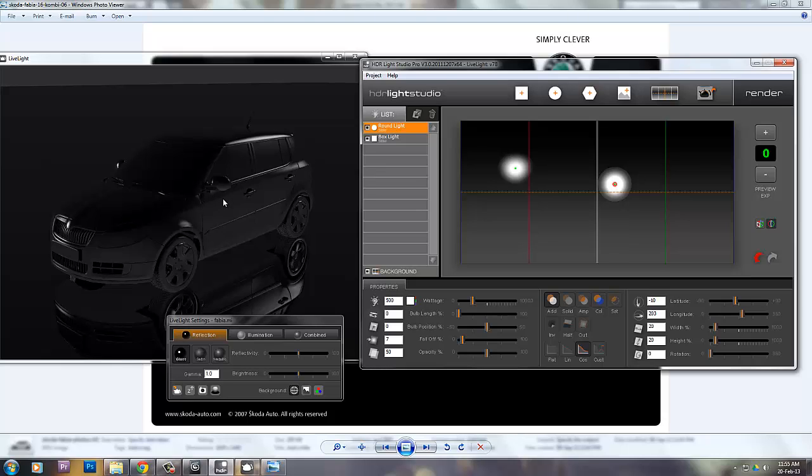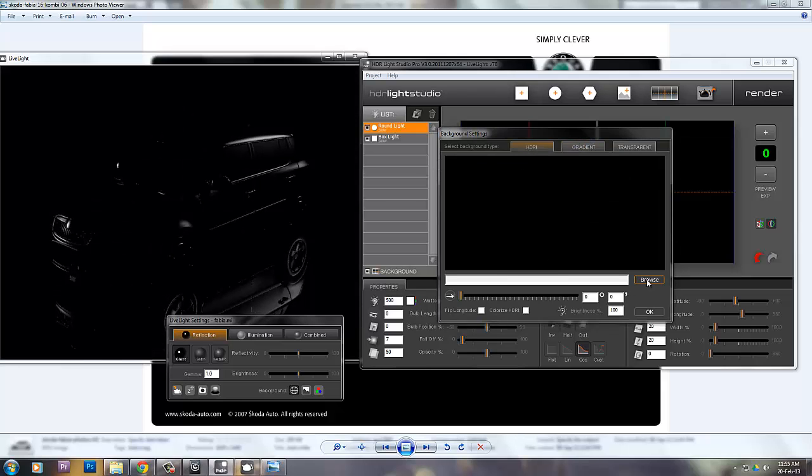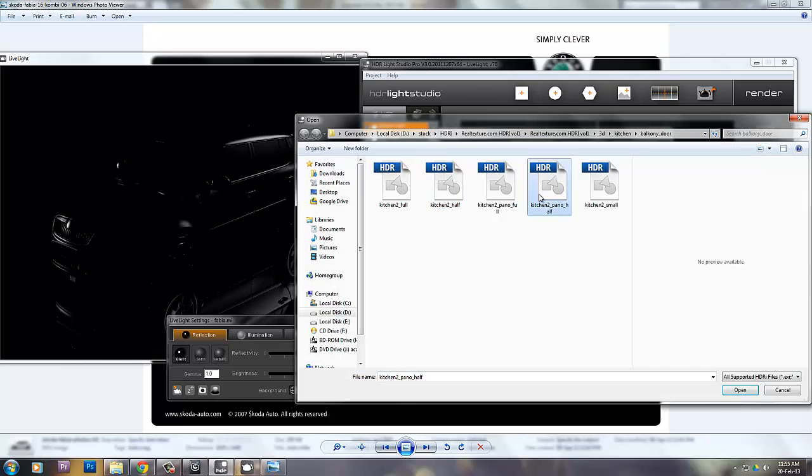So once you don't have the right camera angle, I think you'll have to import it back again, because it's very important you create the HDR in the correct camera angle. And here you have an option that you may even use an HDR along with it. That means you can use a photographic HDR along with it, so you may get some realistic reflections also along